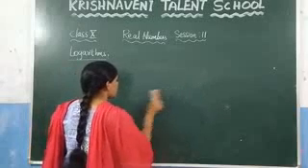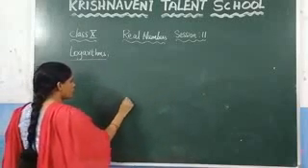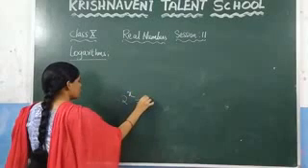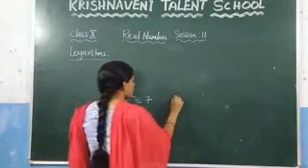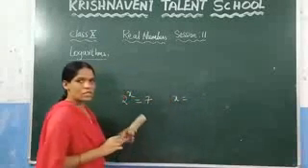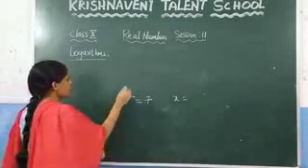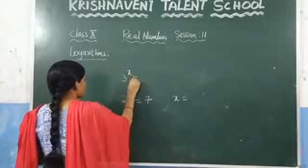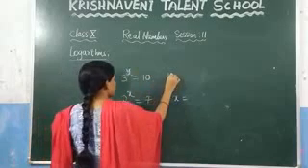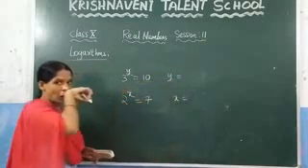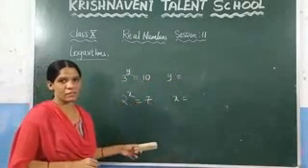Let us consider one more example here. Consider 2 power x is equal to 7. Can we find the value of x here? What is the value of x? Let us consider one more: 3 power y is equal to 10, where we change the variable. Now what is the value of y? Can we find the value of x and y here?